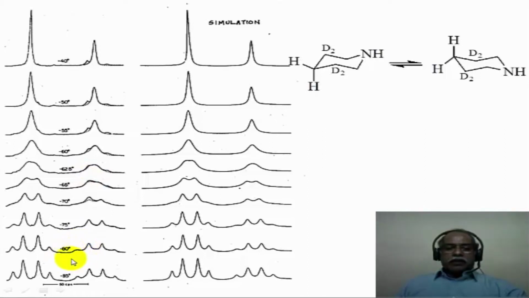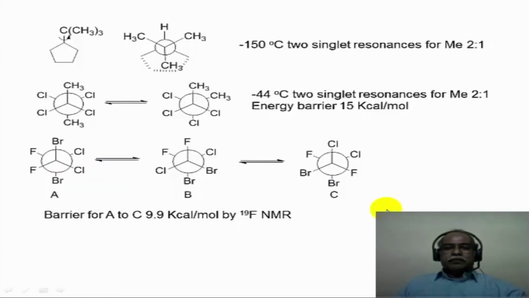Now you can go from here, for example, at low temperature. As you increase the temperature, at one particular point there is a coalescence temperature, which is close to about minus 62.5 degrees Celsius in this particular case, and at that coalescence temperature the AB quartet essentially coalesces to a single peak. It is somewhere between minus 60 and minus 62.5 degrees Celsius in this particular instance. These are examples of simple carbon-carbon rotation, or restricted carbon-carbon rotations, which can be studied at low temperatures.